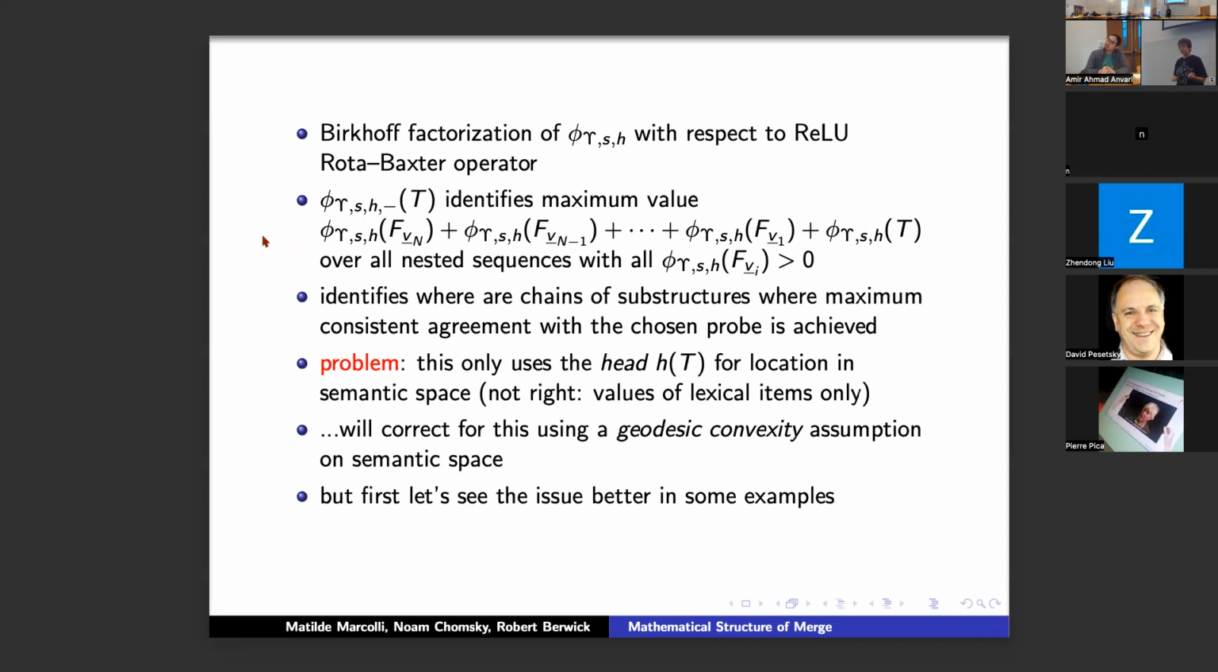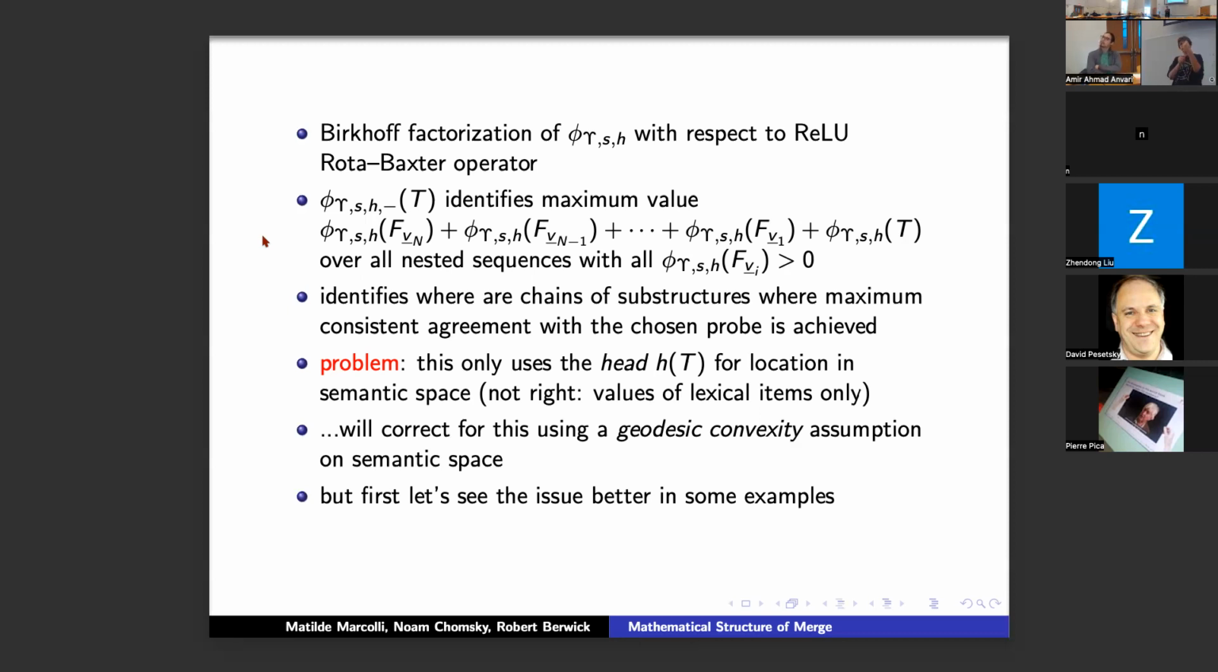Now I apply this Birkhoff factorization with respect to this threshold as my Rota-Baxter structure. This threshold is going to throw away anything on which I find a disagreement with my hypothesis. But it's not just checking whether my entire syntactic object with its head is in agreement or disagreement with the probe. It's also checking